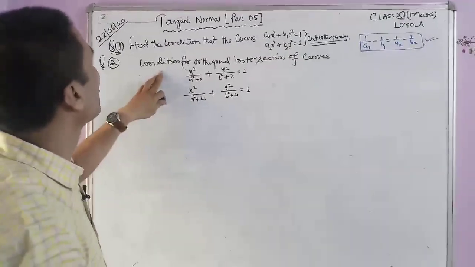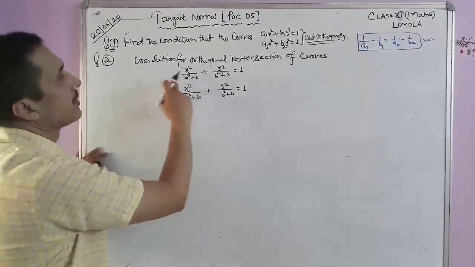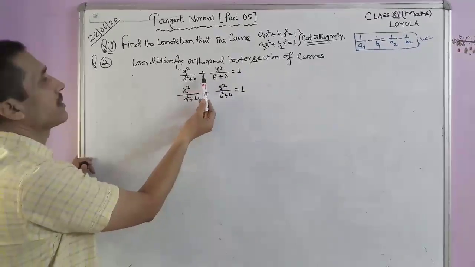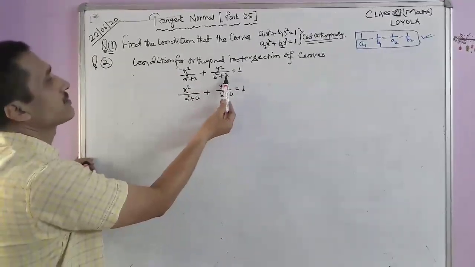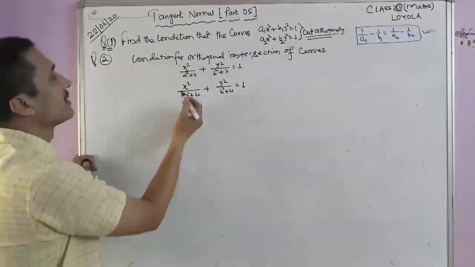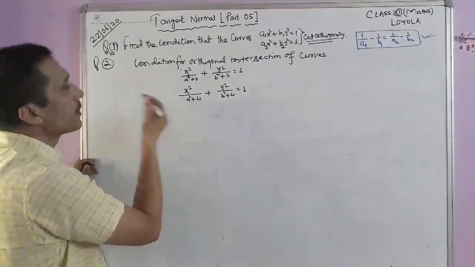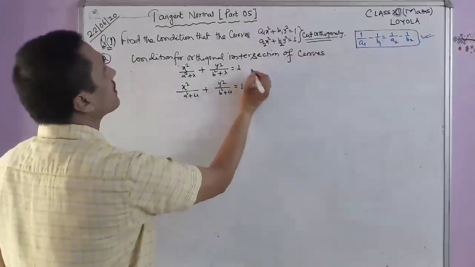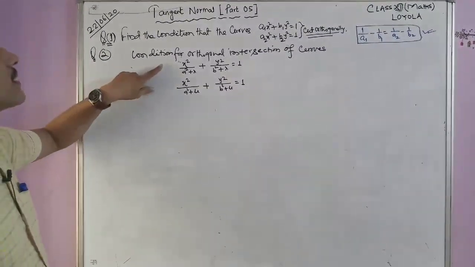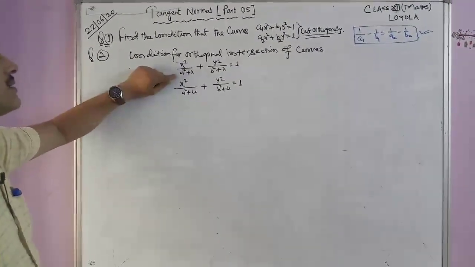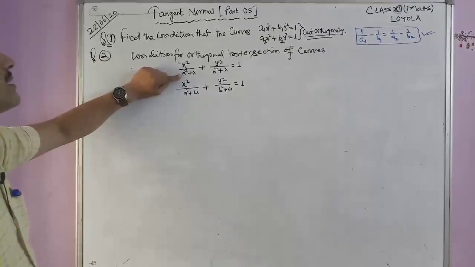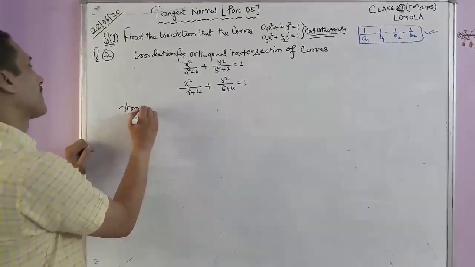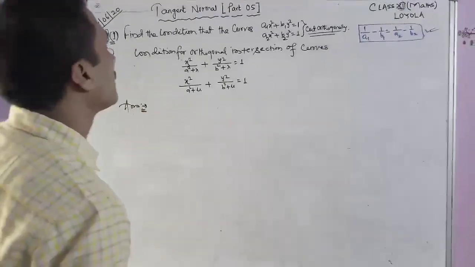The next one is the condition for orthogonal intersection of the curves x square upon a square plus lambda plus y square upon b square plus lambda equal to 1, and x square upon a square plus mu plus y square upon b square plus mu equal to 1. We have to find the condition for orthogonal intersection, that is, the relation between a, b and lambda, mu. Like the previous question,